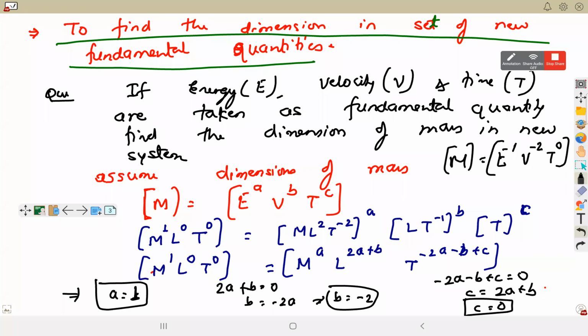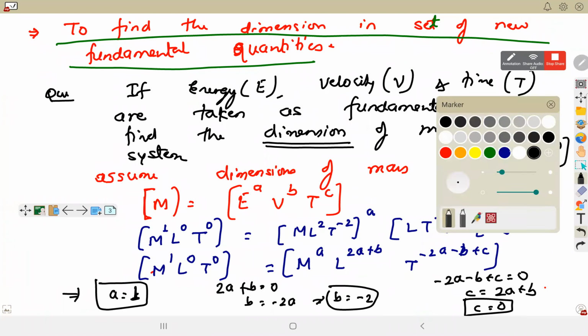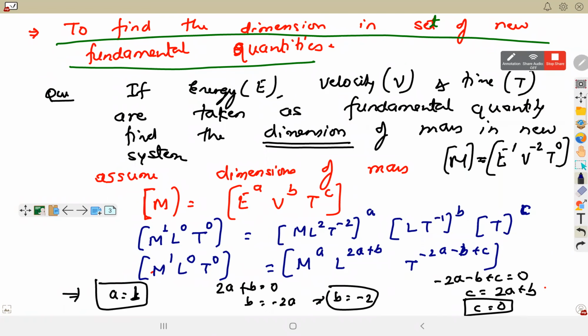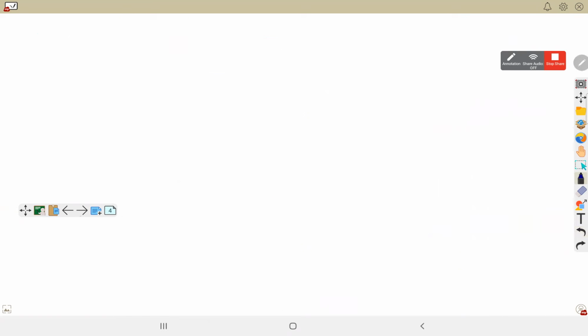Sir, there is no constant here, no? हाँ बेटा, because we are not deriving the formula ना. जैसे हम force का भी dimension जो लिखते हैं, that is MLT^-2. This is just the dimension. We are now finding the dimension, not an expression. जब expression calculate करते थे, then we have to put a numerical constant because it was proportional. Now it is exactly equal. Understood? Yes, sir.